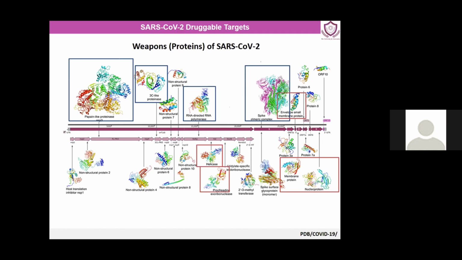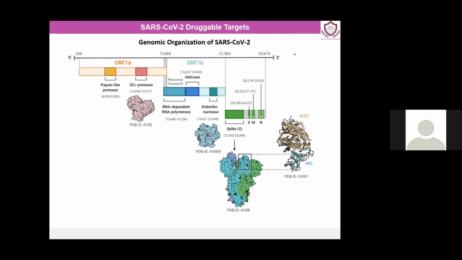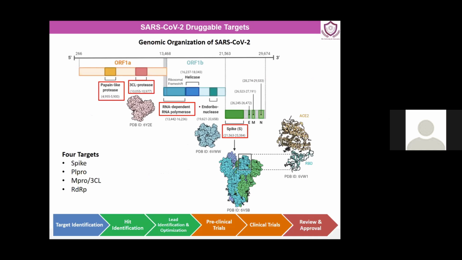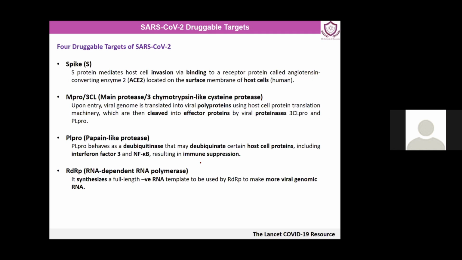As I told you earlier, there are many important proteins, but if we want to go for a drug designing approach, these are very important: spike, RdRp, and the proteases. If you see the structures, there are a lot available, as I told you earlier. I'm not focusing on it right now, but I'll just keep this one. And we have four important targets over here where we can have major drug discovery efforts. Now, moving further, I'm skipping this introduction, but I want to emphasize that spike is very important for attachment and entry.